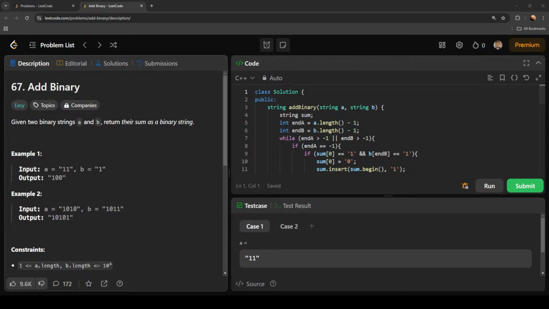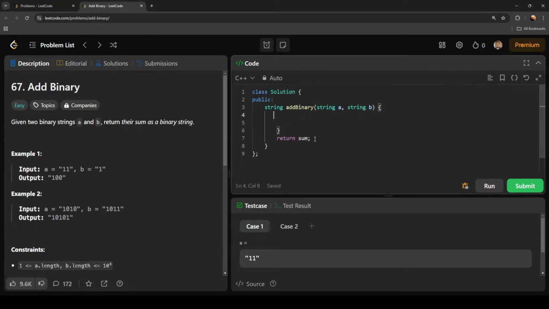Okay, I realized that I'm not doing this. That's too much work. What I'm going to do instead is change it to an integer and then add it and then go back to a string. I think that's a lot easier. I is less than a dot length, I plus plus, and then if